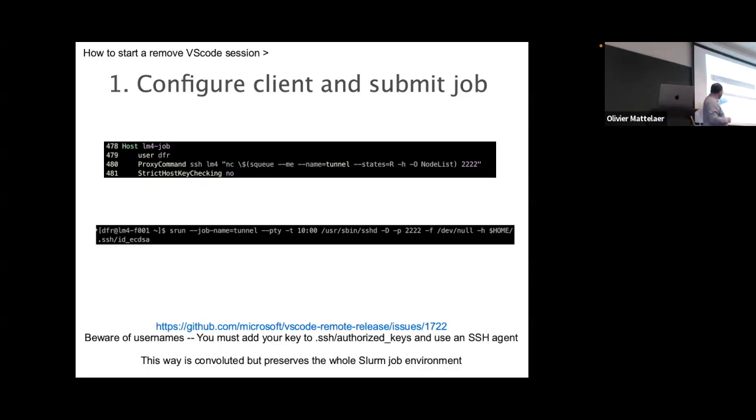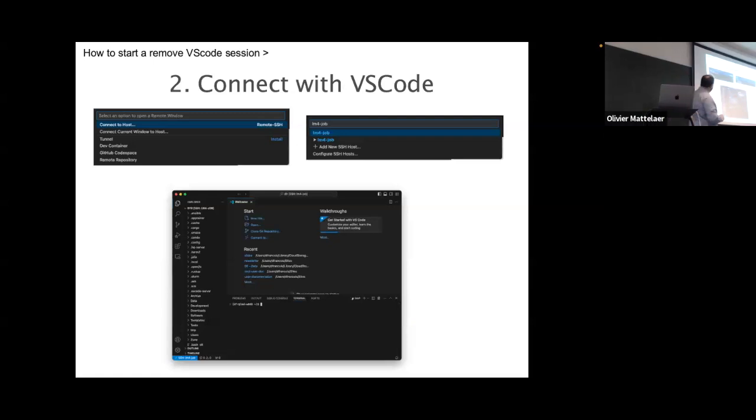you submit a job which has the name tunnel, it's important here because it's used here. And it has this command exactly. Here you can put again any port you want. It has to be above 1024 and below 65,000. But you can choose whichever you want, and you can run this. And as soon as this job has started, you can connect to host, and you choose what you have chosen as the name of the connection, and then you have your